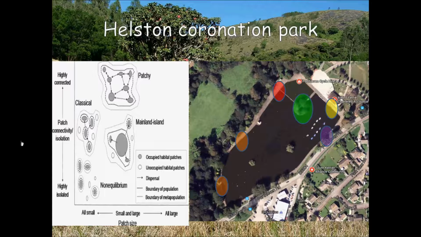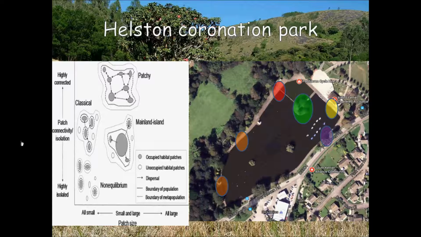We did a small repeatable experiment at Helston's Coronation Park and at Swamppool Lake. This was done by having two feeding stations, one with more food being given off and one with less. Ducks would go to the one with more, but then eventually the competition would rise too much and they'd swap to the one with less competition, as they saw the value go higher or lower.